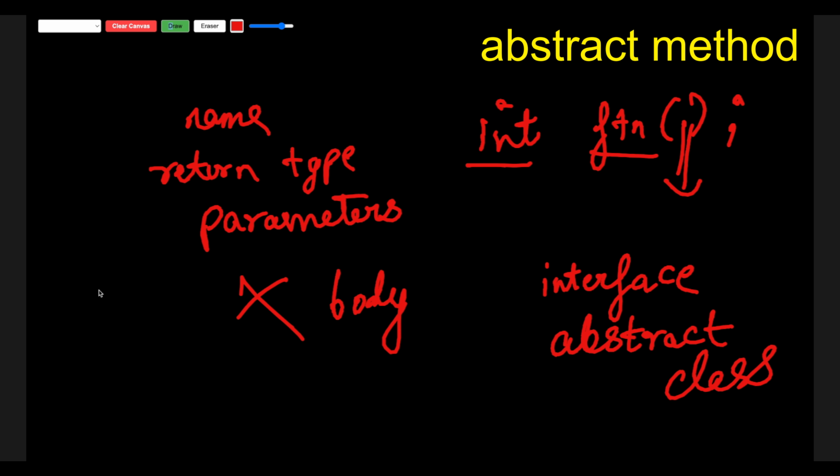The abstract methods and the abstract class are two different things, so don't confuse them. All the methods inside interfaces are implicitly abstract unless marked as default or static, which we will discuss now.